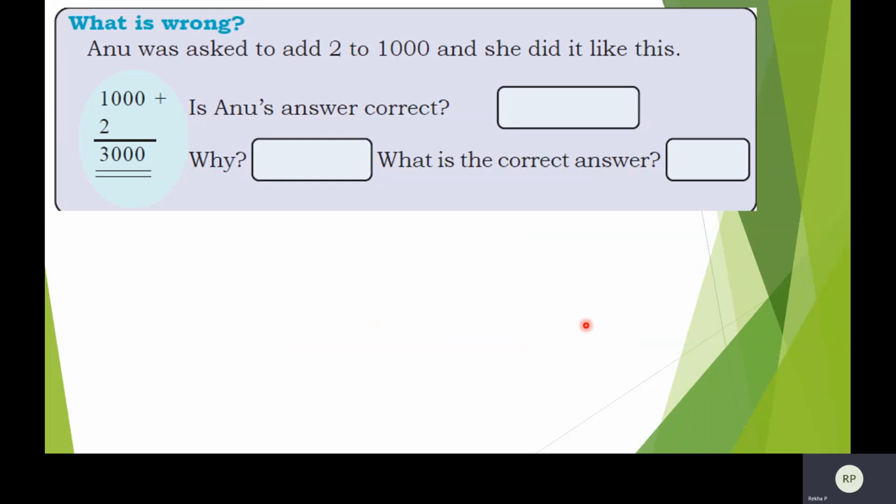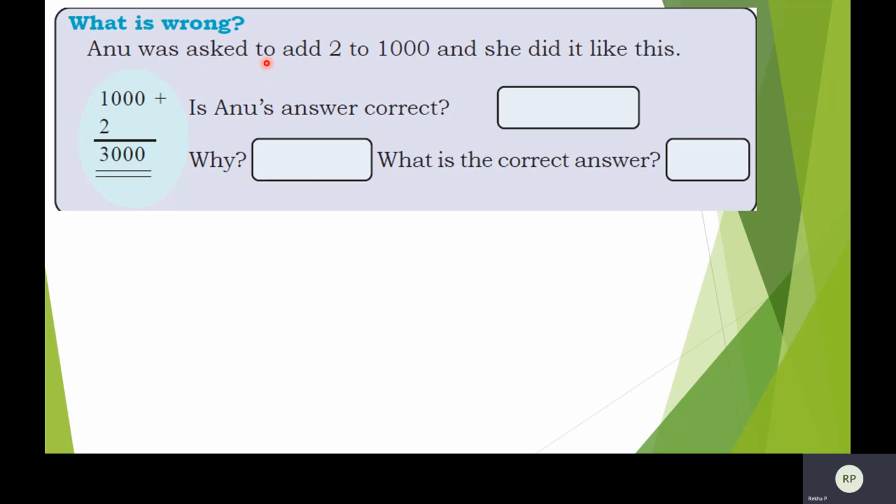In this video also we are continuing our discussion related to chapter 1: large numbers, addition, adding large numbers. Let's continue from the last video. This is actually part 6 of chapter 1. If you are watching this video for the first time, I request you to go to the previous videos, watch, learn the previous videos and come back to this video. Okay, let's work out this question.